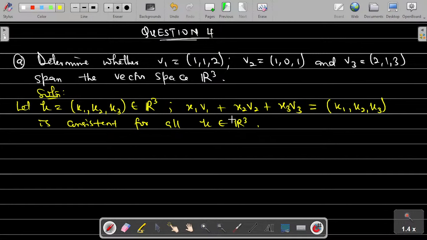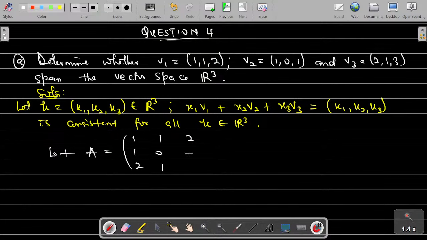To do that, all we need to do is form a matrix by using the vectors v1, v2, v3, and then confirm that their determinant is not 0. If their determinant is 0, then they do not span R3. But if their determinant is not 0, then it spans R3. So let's form that matrix. Let our matrix A be equal to, of course this will form the columns, 1, 1, 2, then 1, 0, 1, then 2,